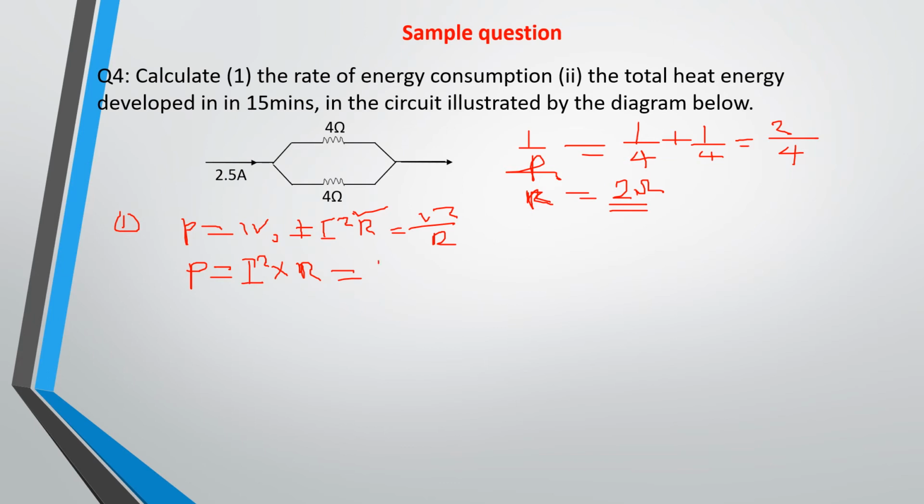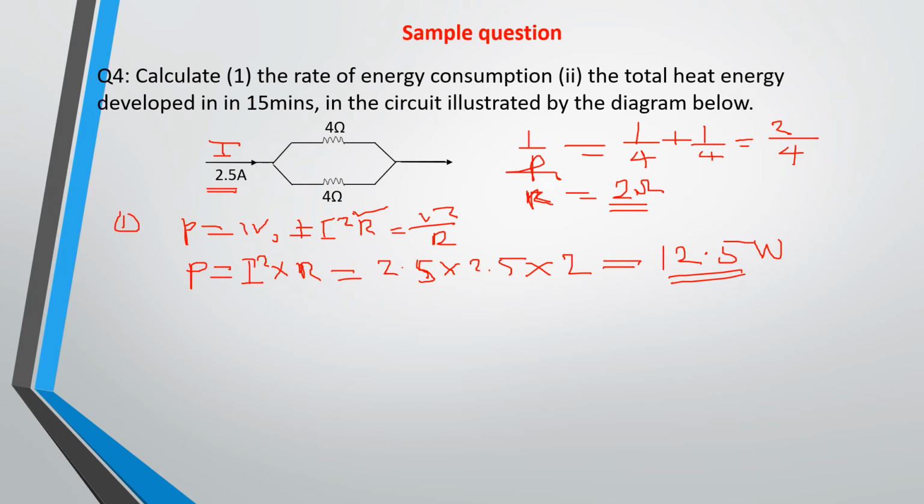I is given to you as 2.5. This is your I, this is the current. 2.5 times 2.5 multiplied by the resistance, which is 2. So if you work all that out, you are going to have 12.5 watts. You have 12.5 watts. Then the next one is the total energy, the total heat energy developed in 15 minutes